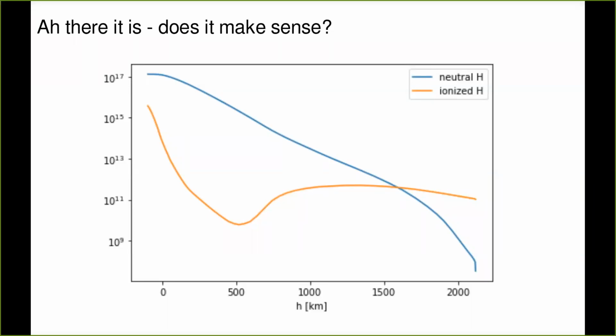I mean, it makes sense that you have less neutral hydrogen as you go up the atmosphere, since it becomes hotter. But it doesn't always become hotter, right? Remember how the temperature goes? It goes down and then up. So this is not the ratio. This is really the total number of hydrogen. Wait, the blue line is the total number of hydrogen? Sorry, it's not the number of hydrogen, but in an absolute sense. It's not like a ratio. Right.